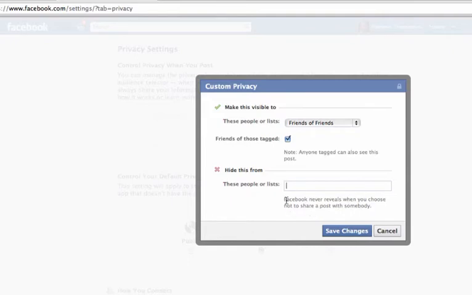And once you've done that, you can save the changes and that will be your default. So that means that that's what people will see on a regular basis. So I'm just going to put mine back to where it was,